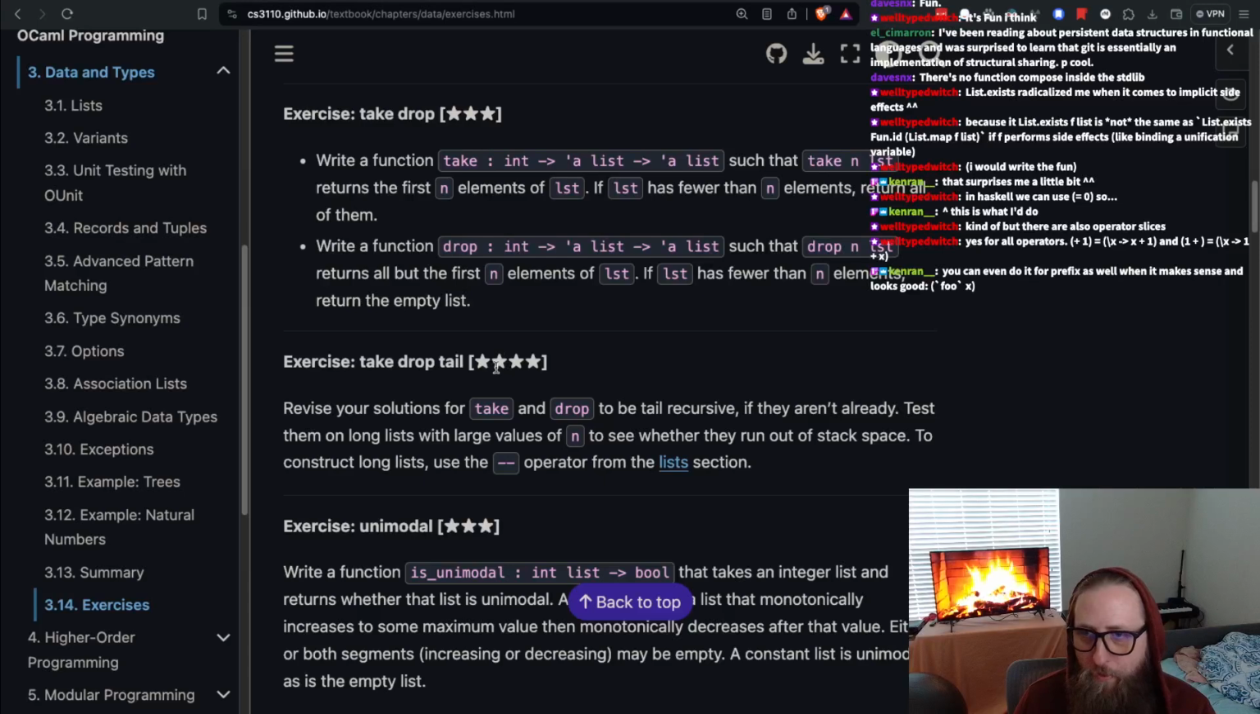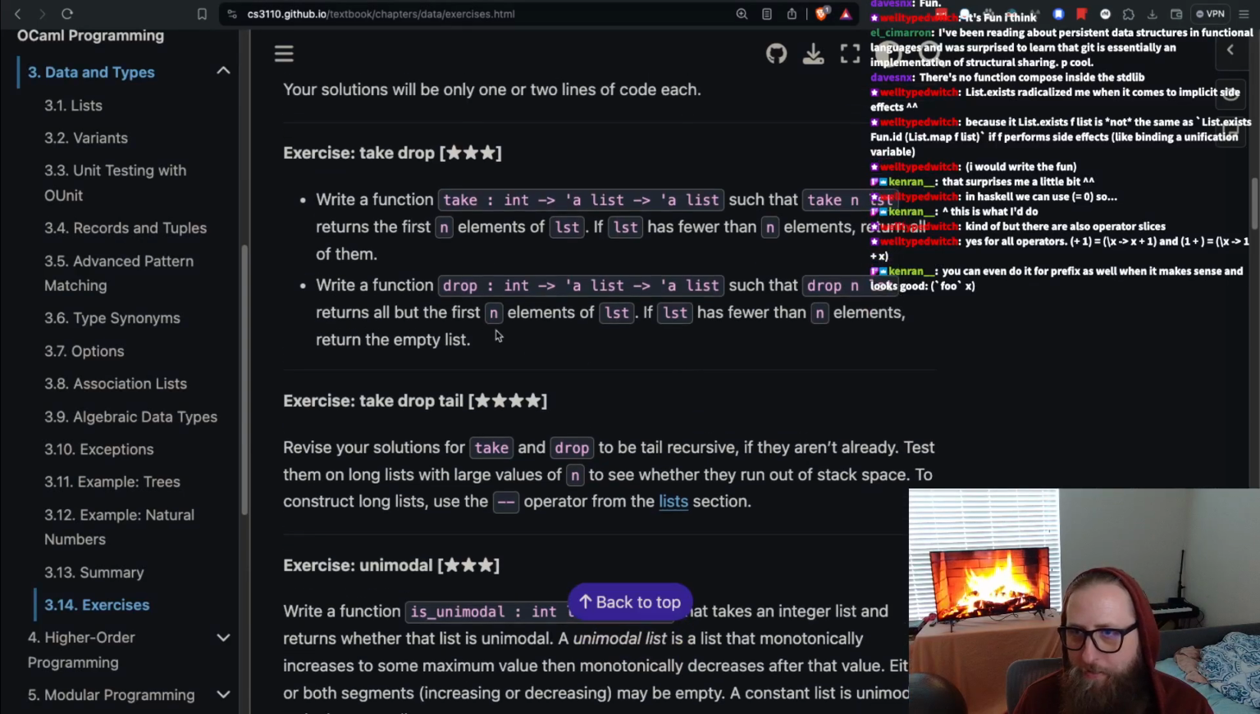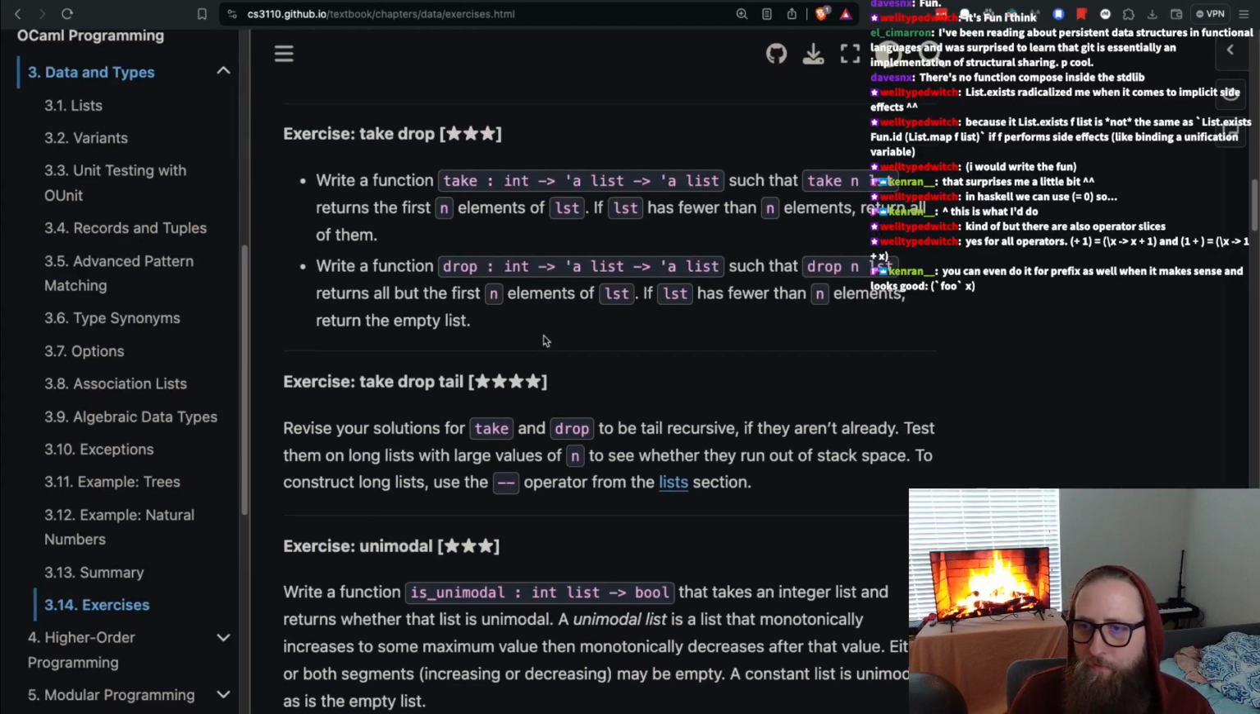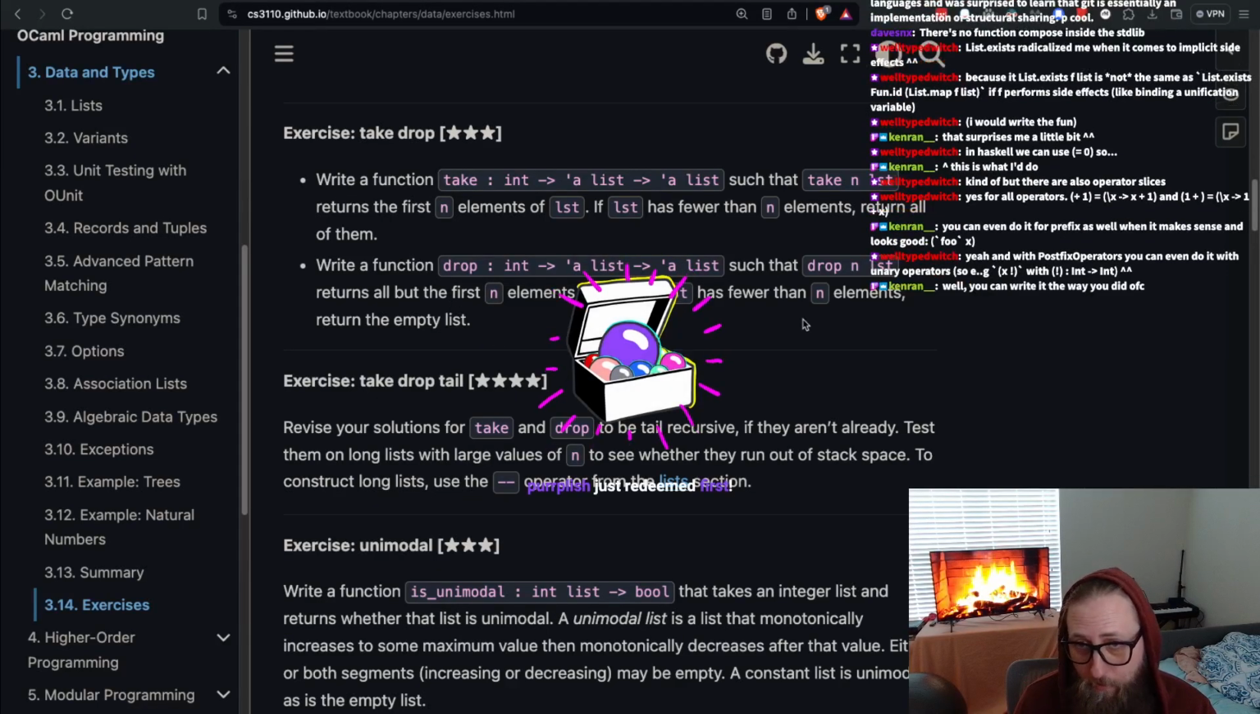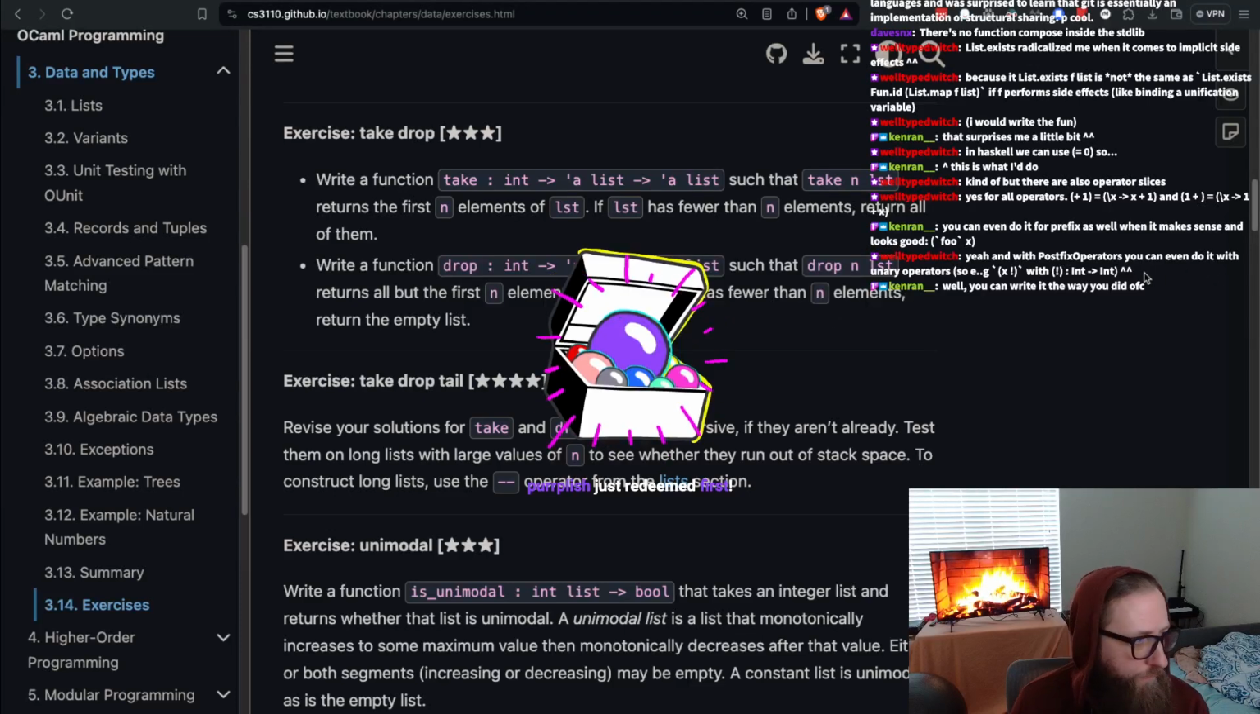Oh, there's a 4-star. Let's see how hard 4-star is. Oh, they want us to implement take and drop first. Yeah, if you didn't see my excited tweet about this, apparently take and drop finally made it into stdlib in the list module. I mean, it's been in Seq for a while, but